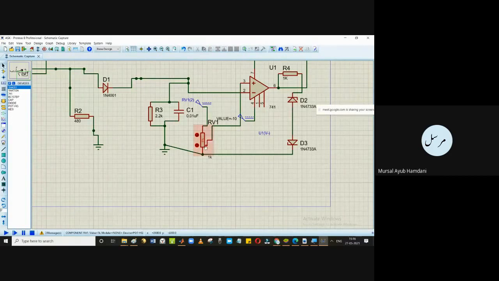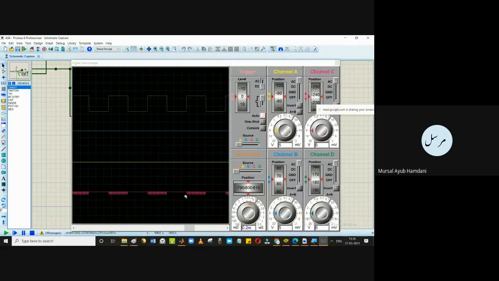Let me place it here, only then it will come. No, there is some issue with the connections as of now. I will check it and then I will get back to you.